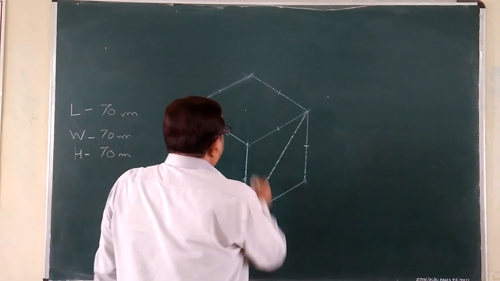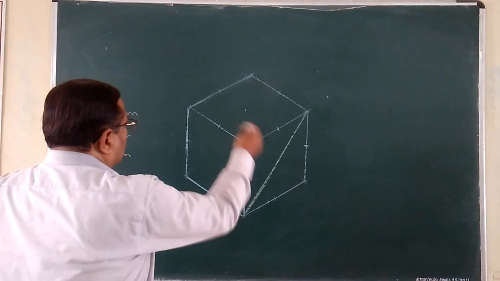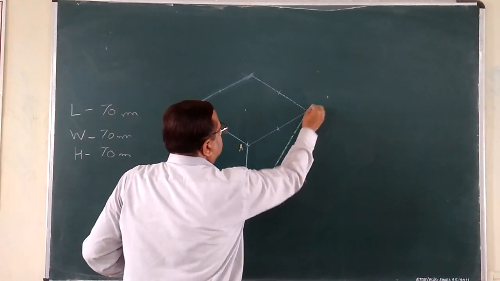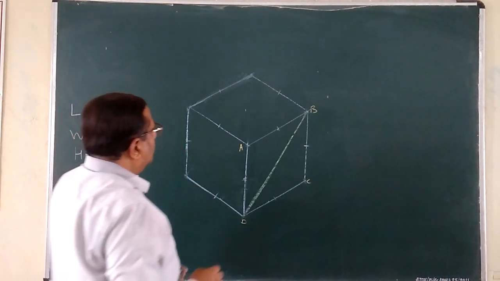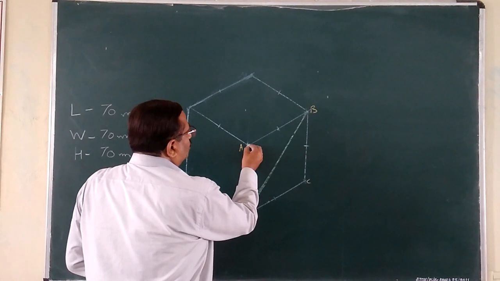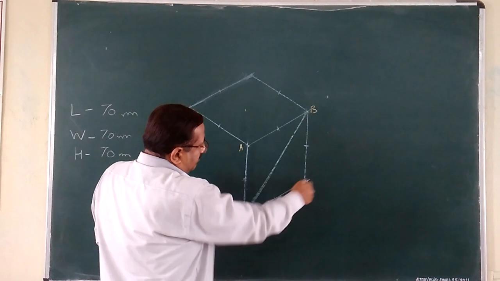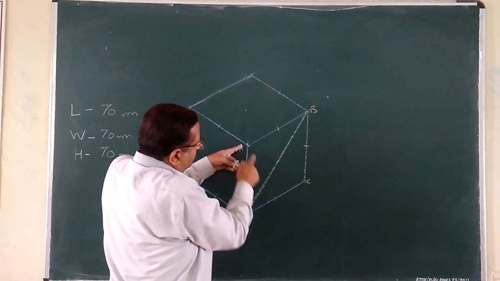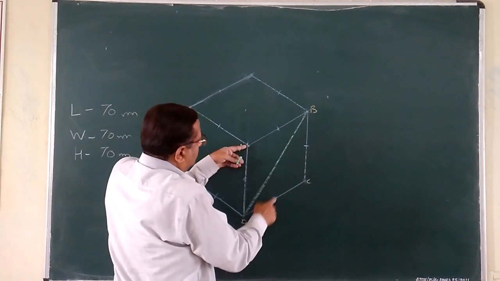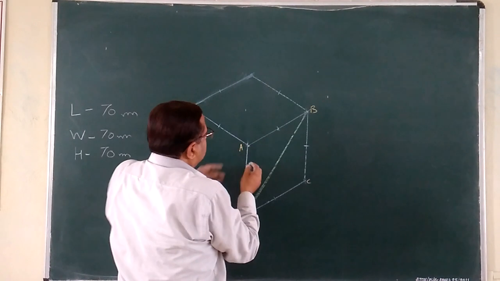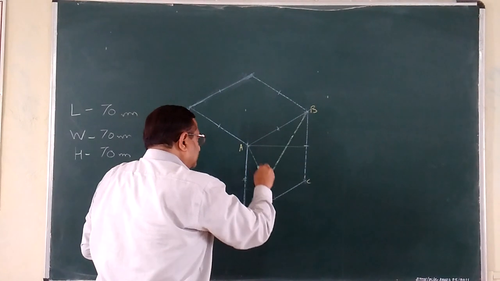Now I will just name the corners of the rhombus. Suppose this is A, this is B, C, and D. Four corners of the rhombus. Now, through A, what we have to do? Just see here. Through A, you have to connect midpoints of opposite sides. Means if you are connecting through A, then the midpoint of CD, this one, and the midpoint of BC, this one. Immediately you have to connect with A in this way.